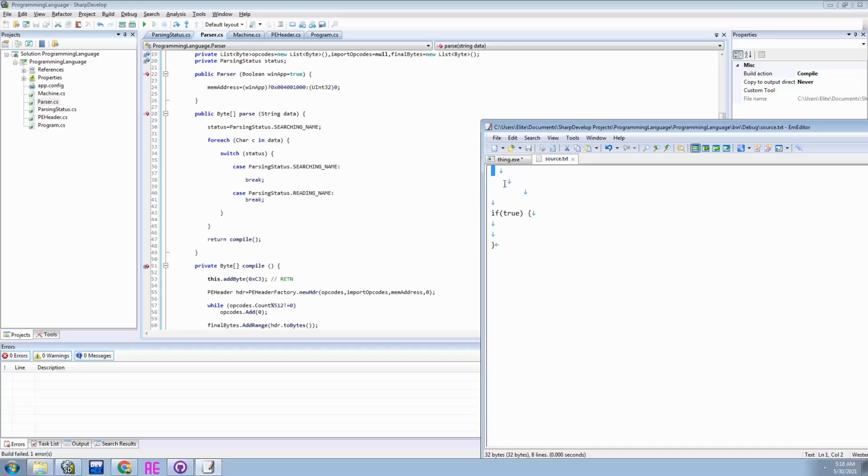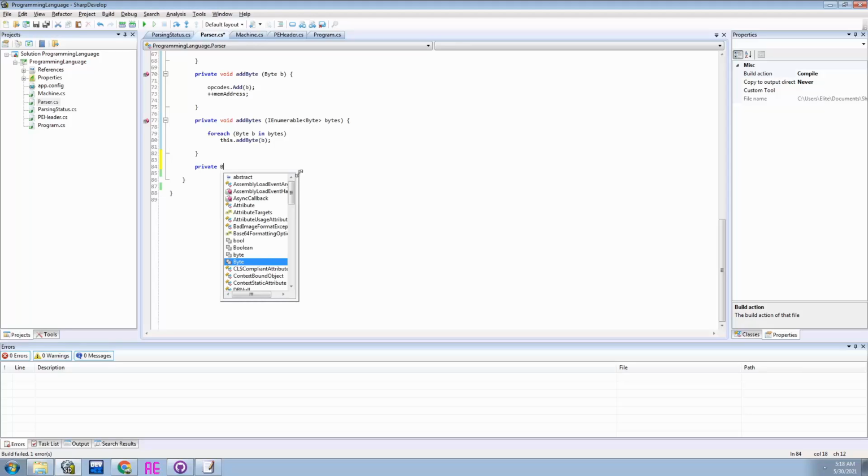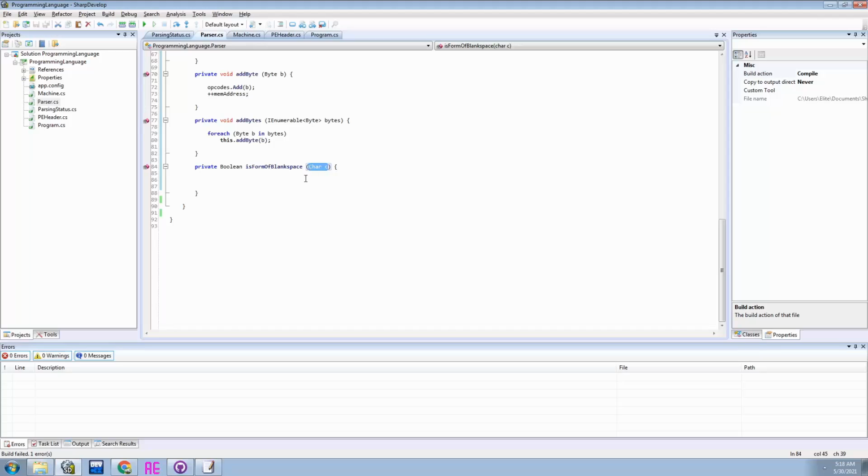later. For example, if it's commented code like this, or like this, the newer kind of commenting, it'll skip these comments and whatnot. Or maybe we'll even have a different status for reading comments. But for now, we're only going to need to skip over white space. So the easiest way to do it is to create a function that returns a boolean that checks if a specific character is a form of blank space, and it's easy to check because they're really only